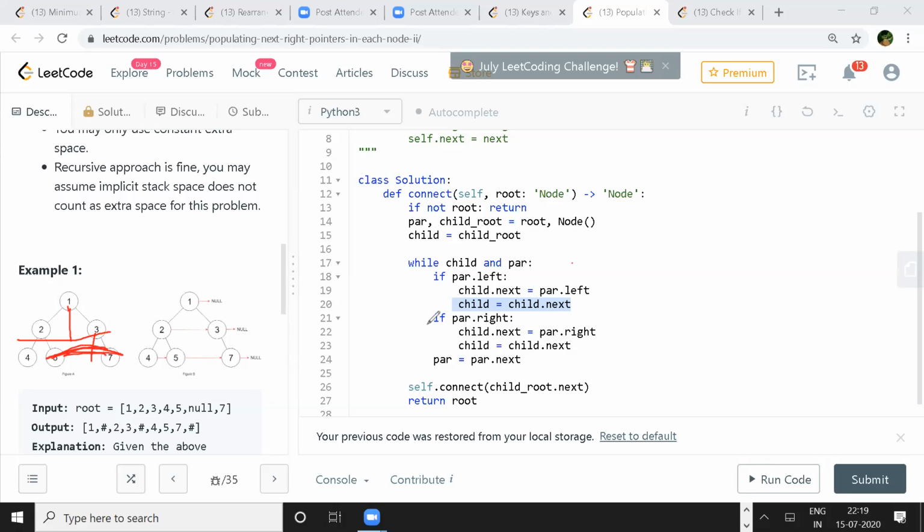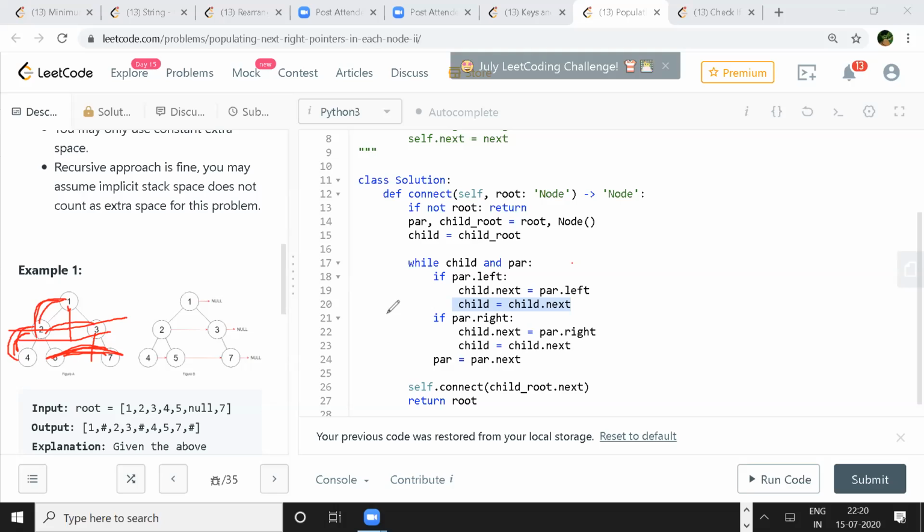But then why, I don't see why the child root next. Wouldn't that have to be the child root left or right child? A child next is on line 26. Yeah, once you connected 2 to 3, you need to move to the next level, right? So you have to do child.next and parent.next, because once one level is over, you need to move your parent to the existing child, and which was the earlier child, you may move it to the next child.